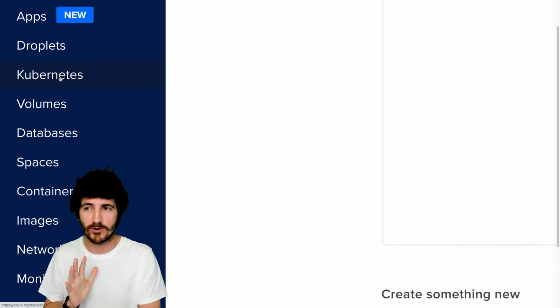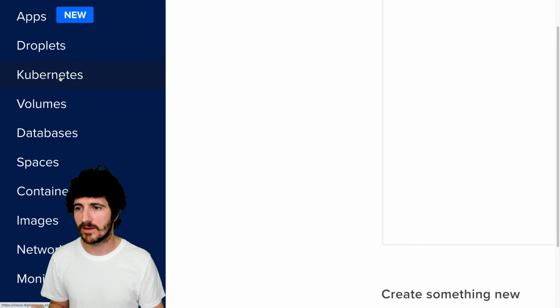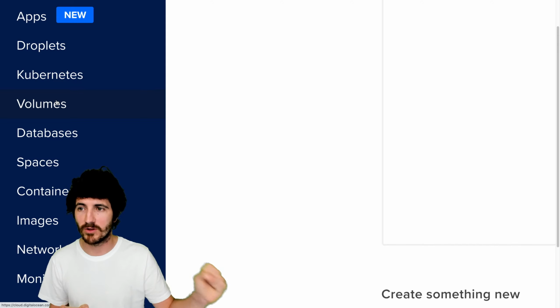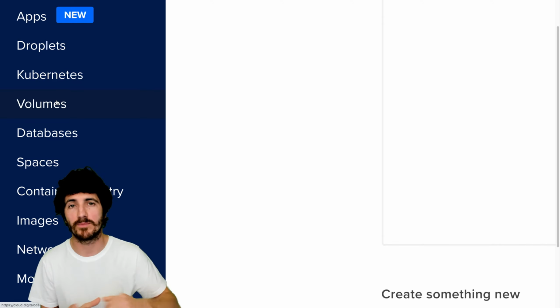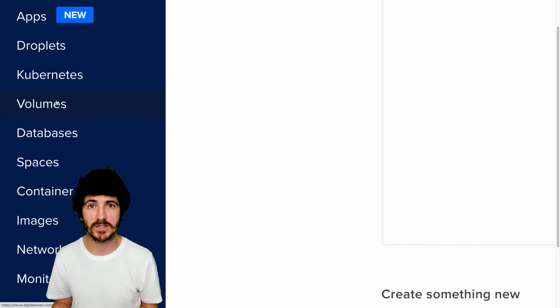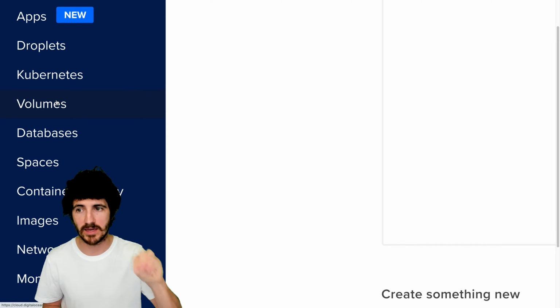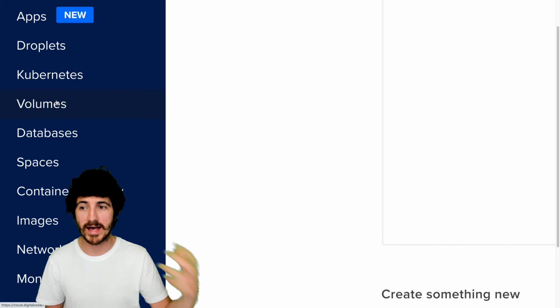If you look at Kubernetes, I haven't used it. It's related to Docker containers and things like that, and I don't really know anything about it yet. Volumes is something I have used. These are cheaper storage volumes that you can mount into your droplets. So if you need more storage, instead of paying for the most expensive instances, you can pay for volumes. This is a cheaper way to get storage space if you want to save a lot of images or files in the same file system that the website is running, and you want quick access to it.